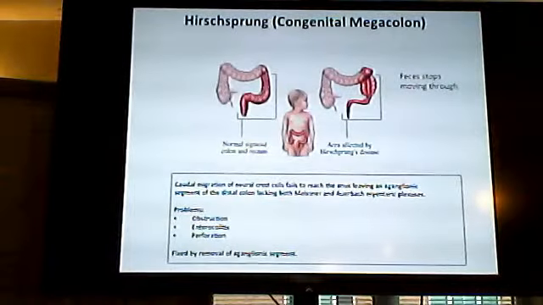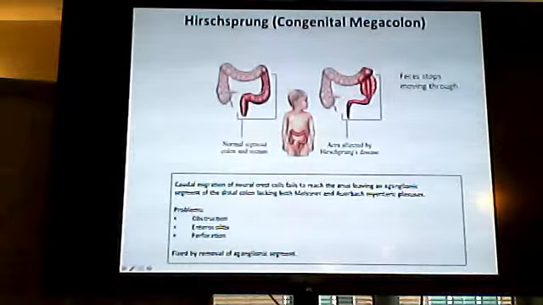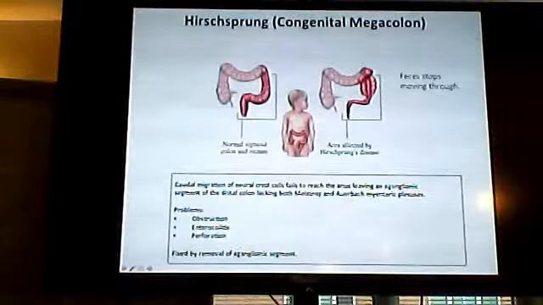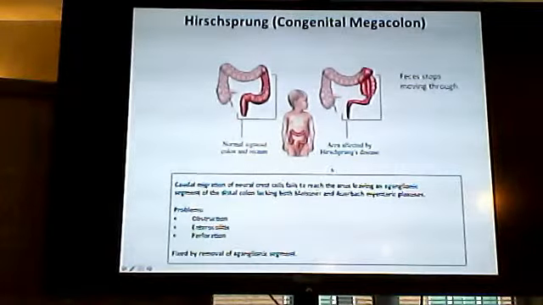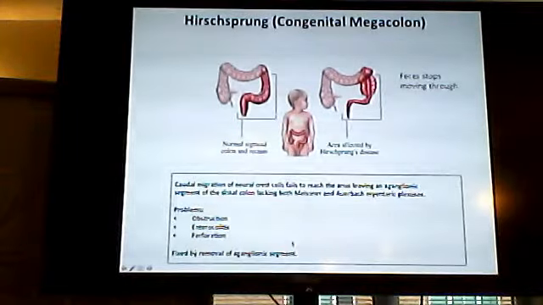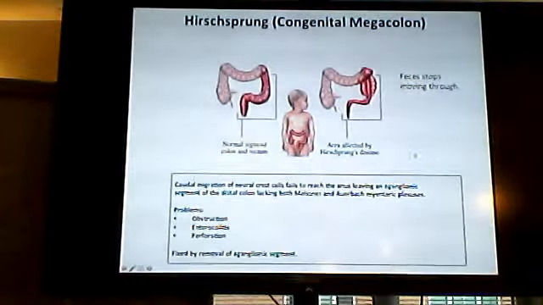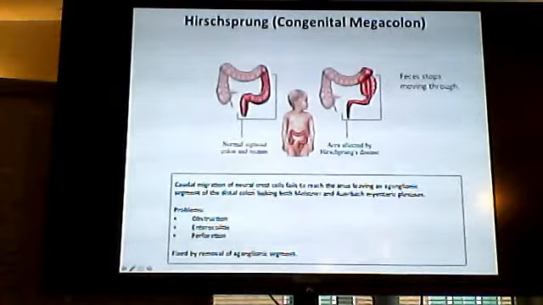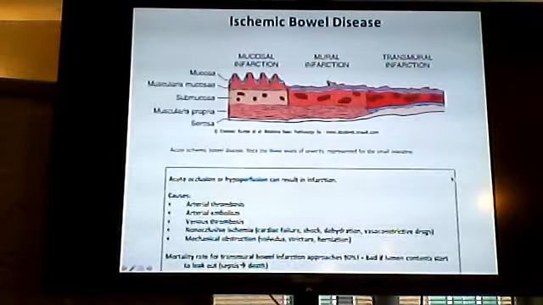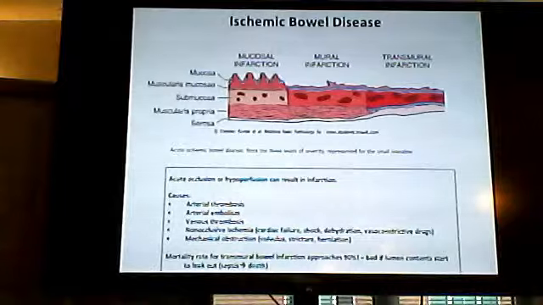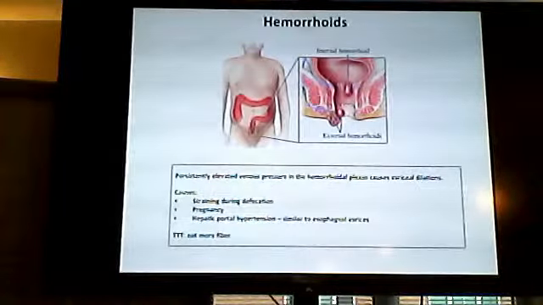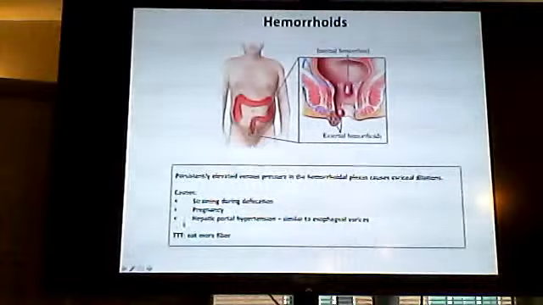Hirschsprung's megacolon is where you have this abnormality of the colon, and it's not really formed very well. It's very disconnected with the rest of the system, kind of, and so you have to remove the aganglionic portion, the portion that has failed neural crest cells. Ischemic bowel disease is you don't have perfusion to these areas. Hemorrhoids can form if you have lots of pressure in that system, mainly pregnancy or